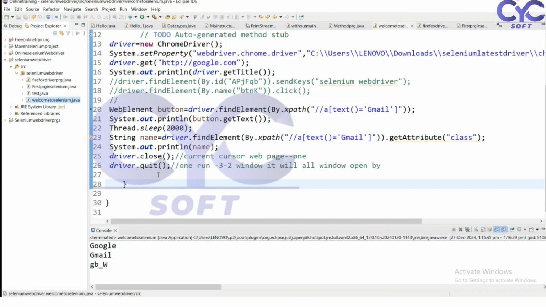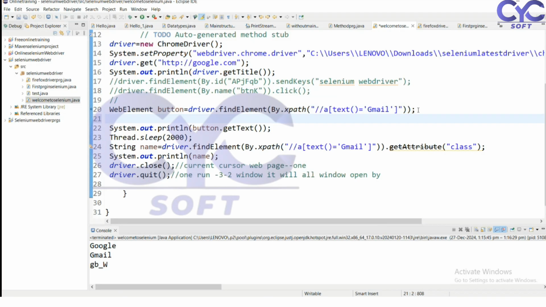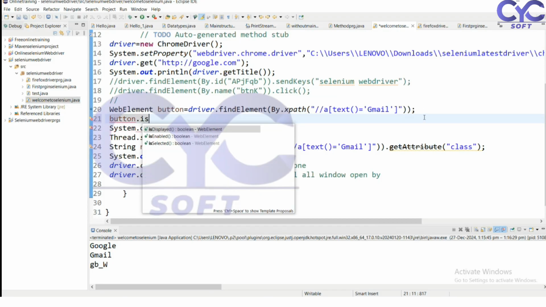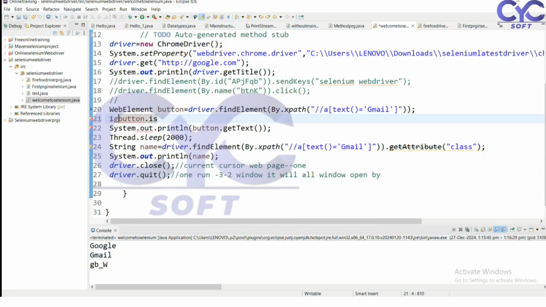I want to check whether an element is present, whether this button is present or not. What I am going to do is use button dot isDisplayed. If button dot isDisplayed, it means it has to click on that button. So I want to write a condition: if button dot isDisplayed, meaning the button is displayed, I want to say